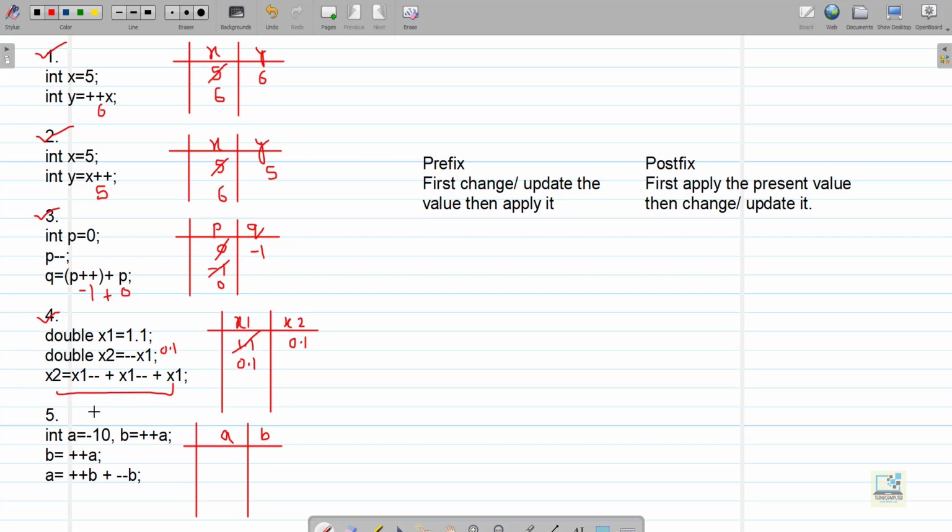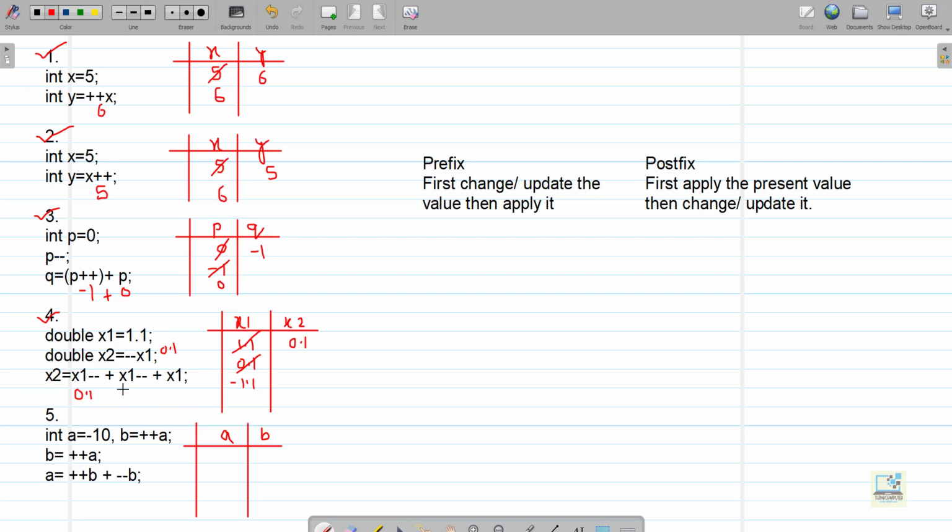After that, coming to the last line, go left to right. First term is x1--, which is postfix. So apply the present value 0.1 and then change it. It will become -0.9.